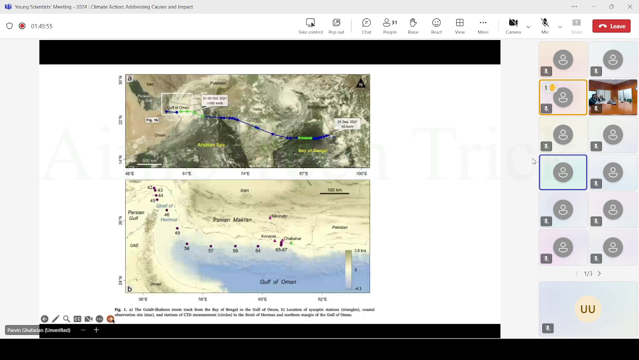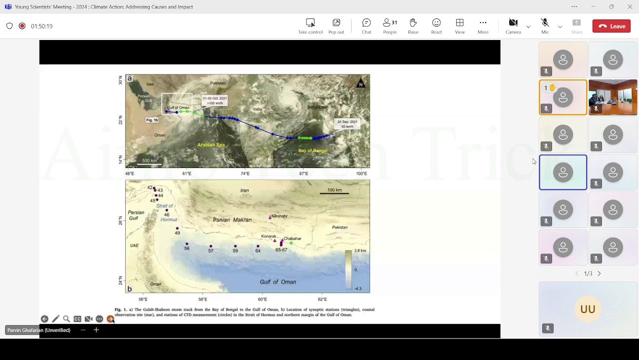And as I mentioned at the beginning of my talk, several tropical storms have reached the southeastern coast of Iran, the Makran area, in the past 2 decades. One of them is the Shaheen storm on September 29,